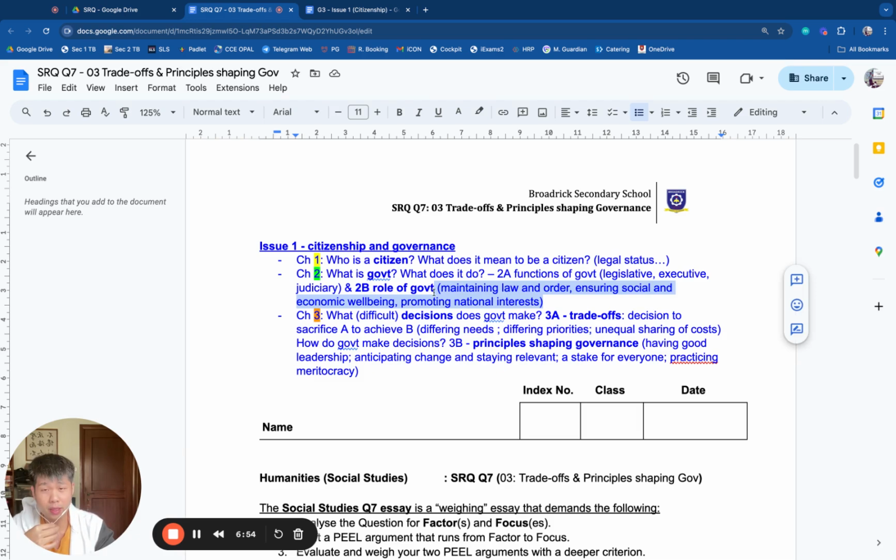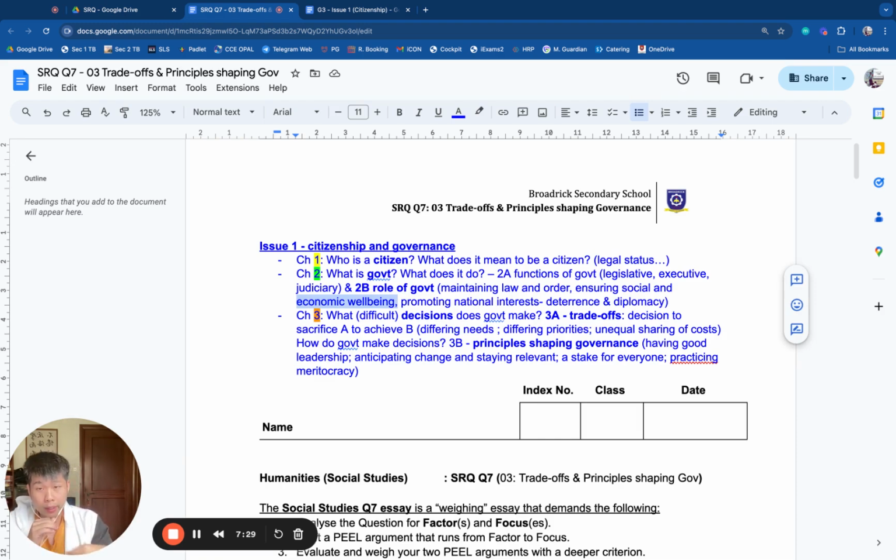So for things like maintaining law and order, ensuring well-being, or promoting national interests, and this is about deterrence and diplomacy, for these kinds of actions by the government in providing for the public, there is very little concern, right? Very little conflict because everyone benefits from law and order. Everyone benefits from well-being. Economic well-being is like the public goods, like the roads and the train system. And by providing for these, people get convenience and access.